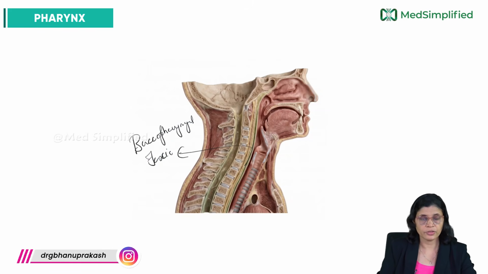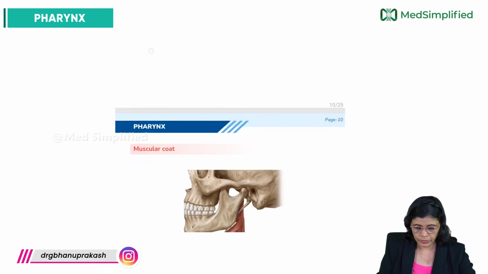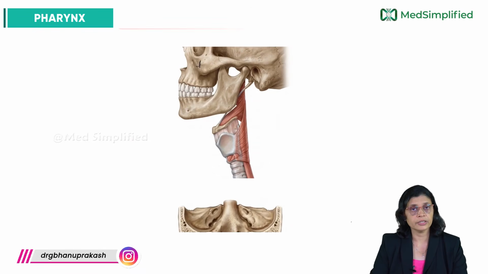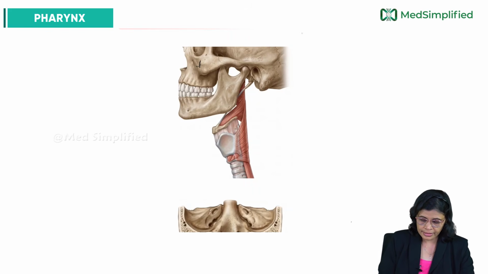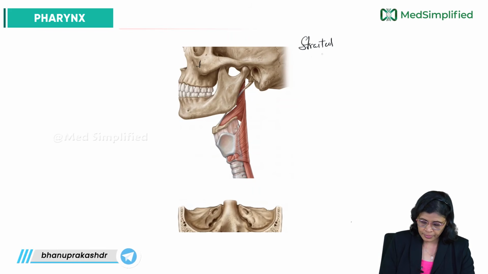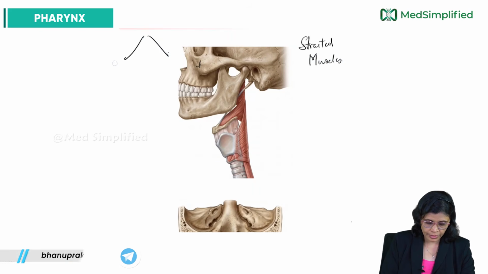which covers the pharynx on the outside as a loose areolar coat. So the muscle coat of the pharynx is made up of mainly the striated muscles. That is the skeletal muscle, striated muscles, and these muscles are arranged in two layers, that is inner longitudinal and outer circular. So there is an outer circular layer